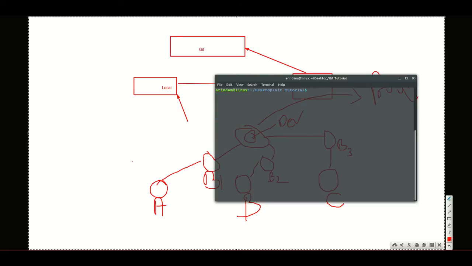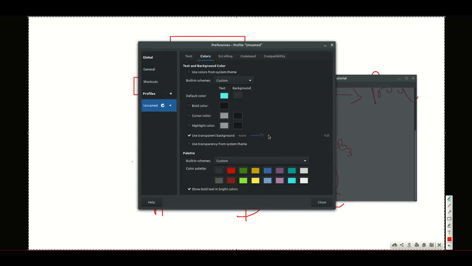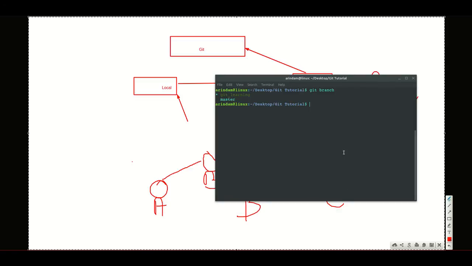Now git branch. Now you are in the git-learning branch. Check git status, all okay, nothing to commit. Why? Because you checked out from master, so the file that is already in master is copied to git-learning.